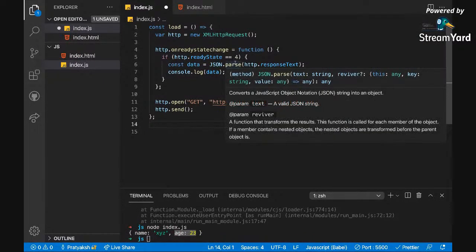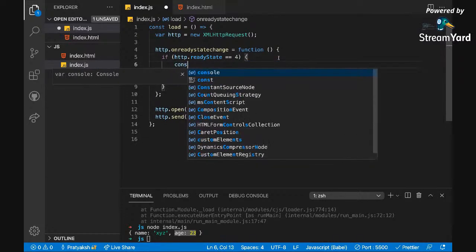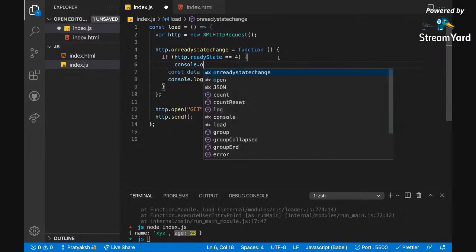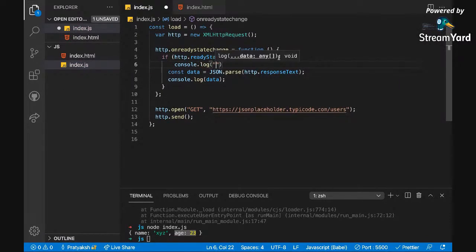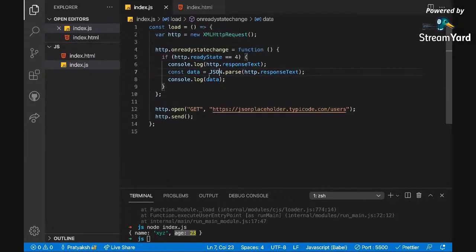I'll just console.log this also so you can see the difference. Then I have logged the data. Now just run it. Okay.